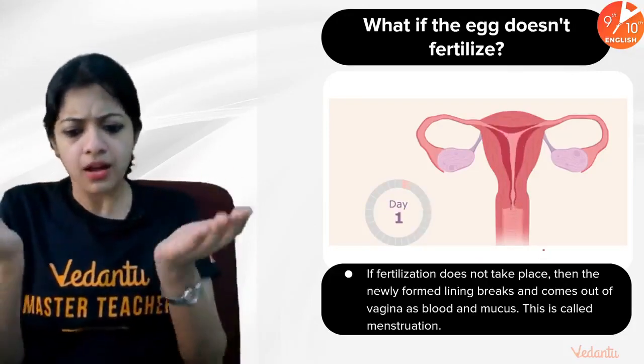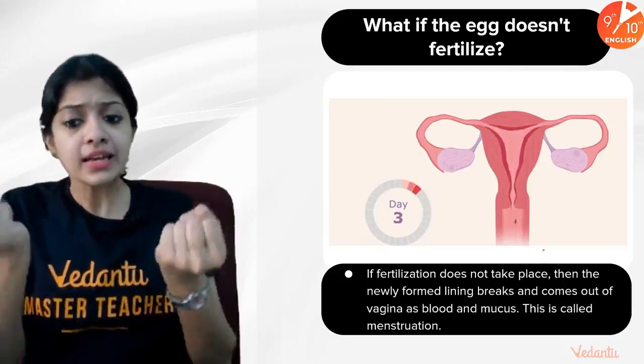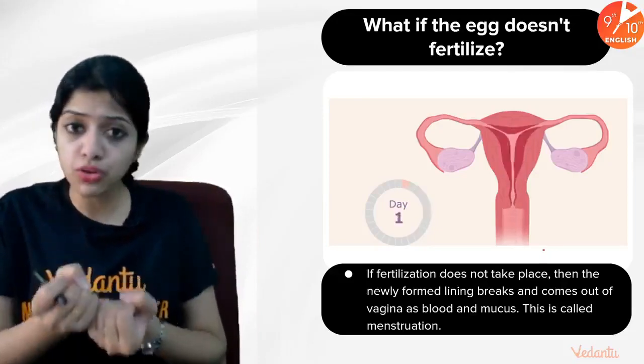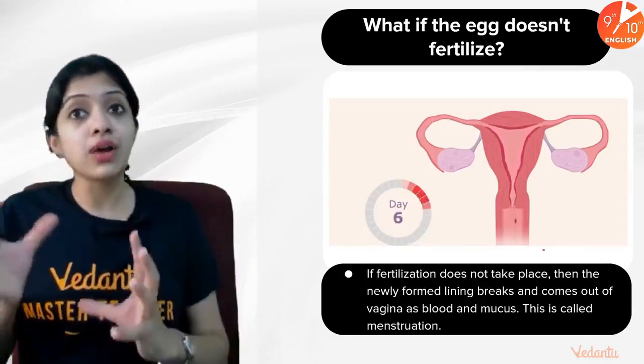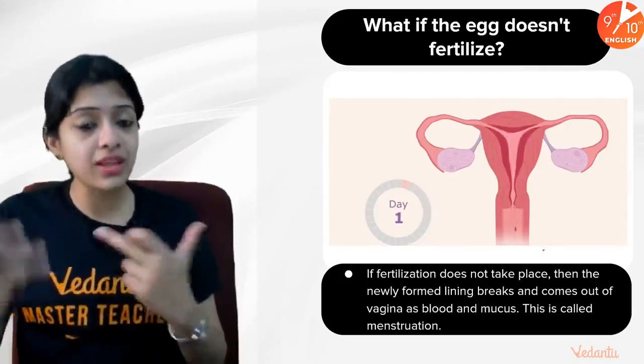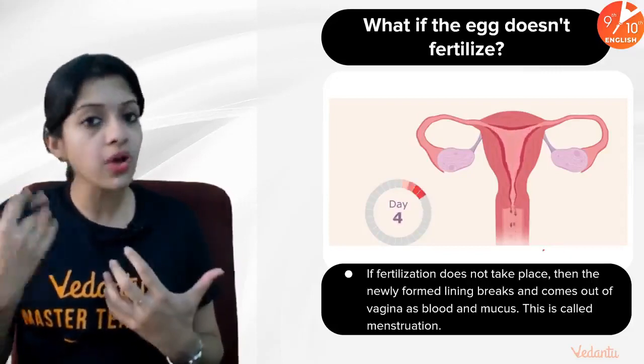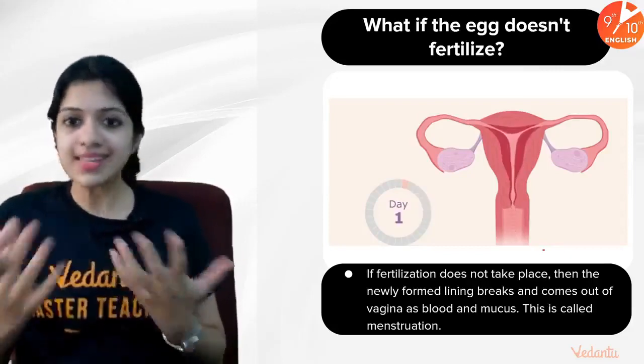Basically the cushiony covering, or the cushiony layering of the uterus, in preparation for receiving the fetus, and roughly around day 14 in every month ovulation is said to happen. Okay, so this is how it occurs.